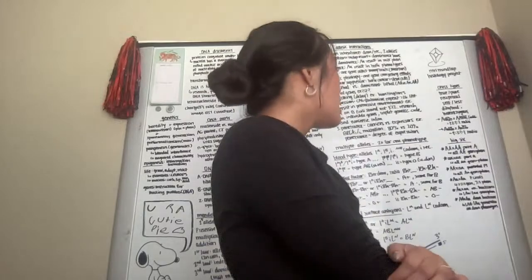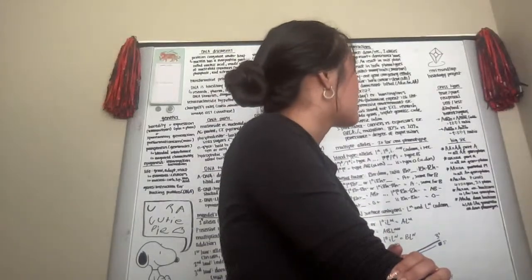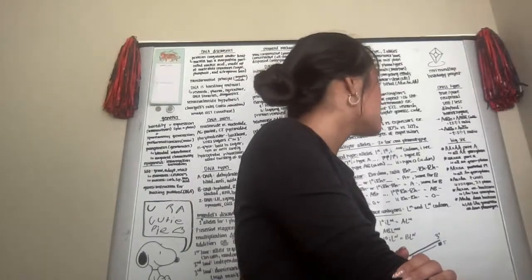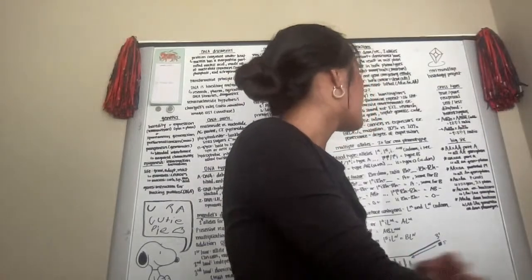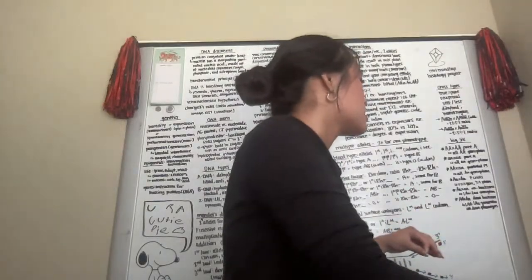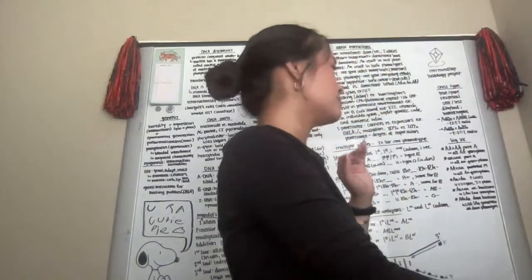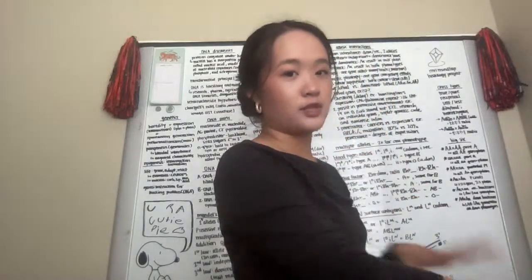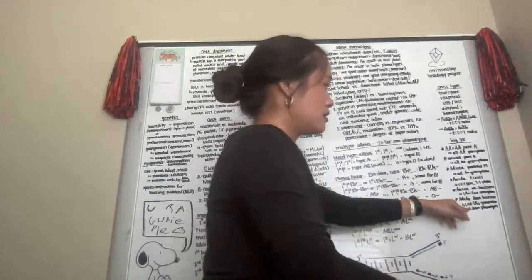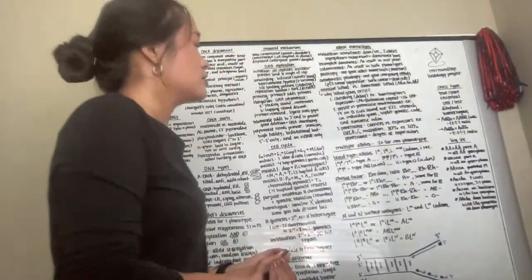And this will result in a 1 to 1 ratio of capital A, lowercase a to lowercase a genotype and phenotype. So a dominant back cross would be a capital A by a capital A, lowercase a. And this will result in a 1 to 1 ratio again of capital A to capital A, lowercase a. That is the 1 to 1 genotypic ratio. However, the phenotypes will all be dominant, because again, it's a dominant back cross, so the results are all going to present as dominant.